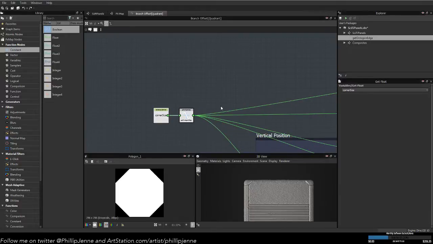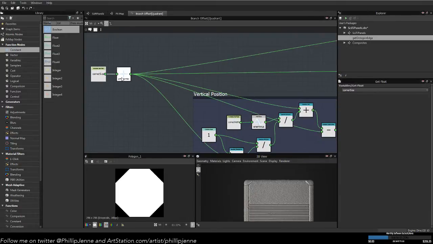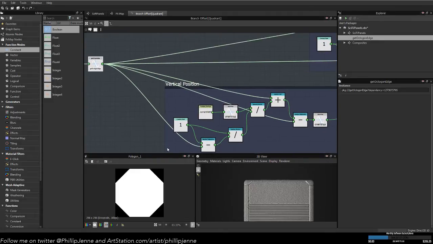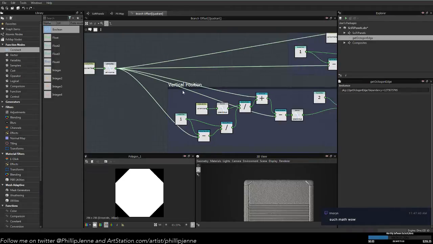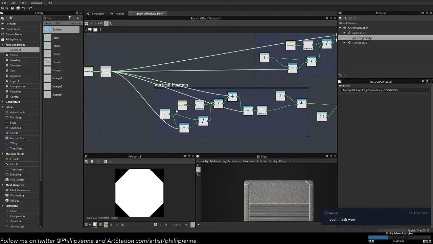So I have my corner size, which is basically my scale, and then I get the edge length. And then depending on where we are along that edge, here is calculating that. So as this edge moves in and out,